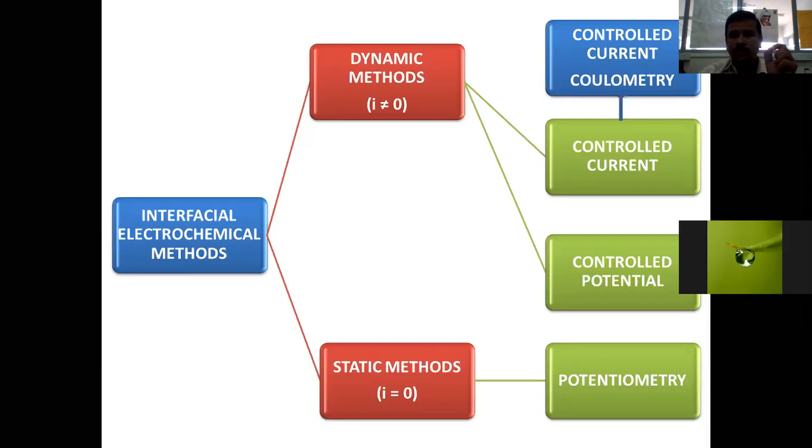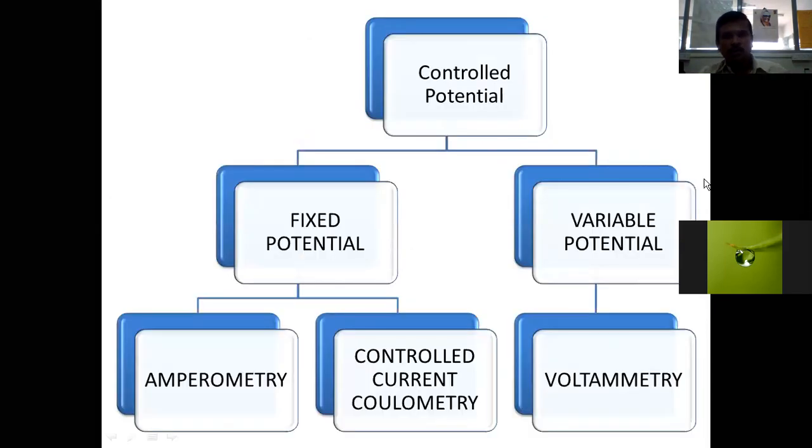So, for example, a controlled coulometric method will be employed in order to perform coulometric analysis. The principle you will be studying when we come to the coulometric method of analysis. Controlled potential analysis will be done in two ways: either by fixing the potential at a constant level for a particular interval of time, or by varying the potential regularly or irregularly with respect to increment.